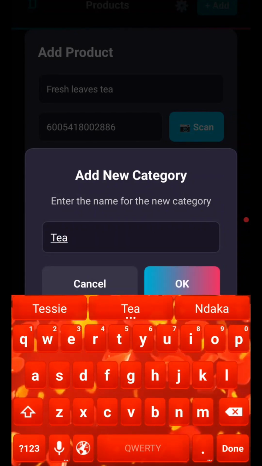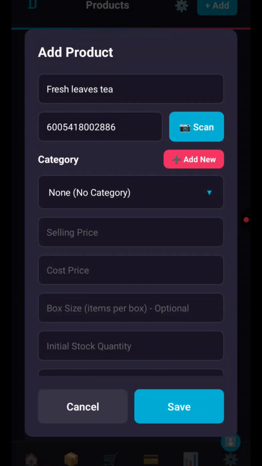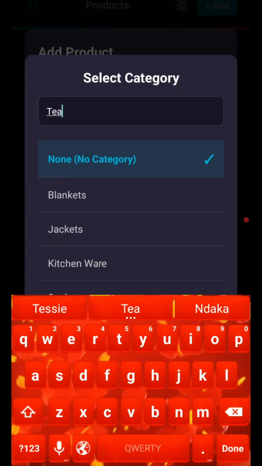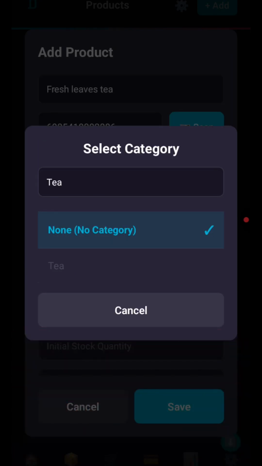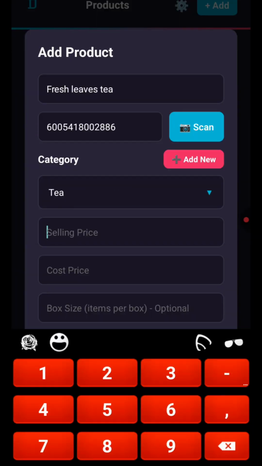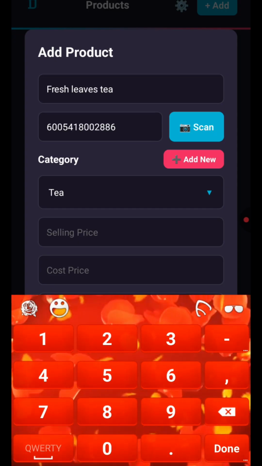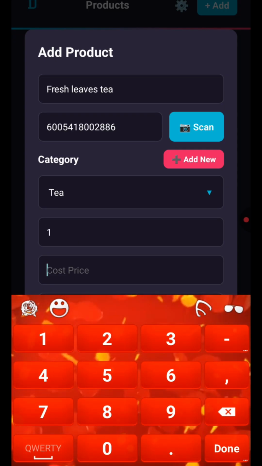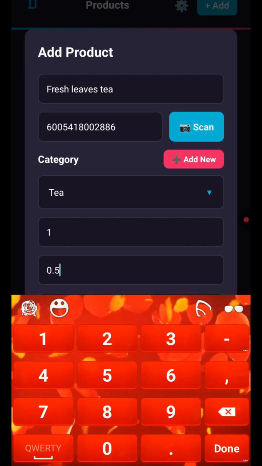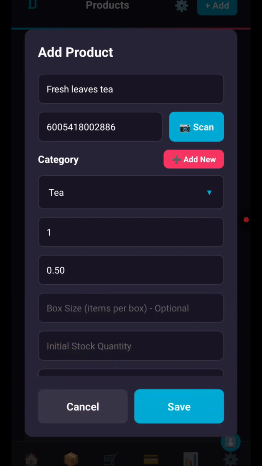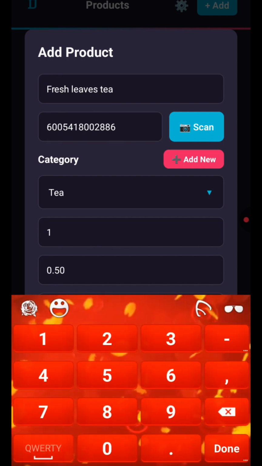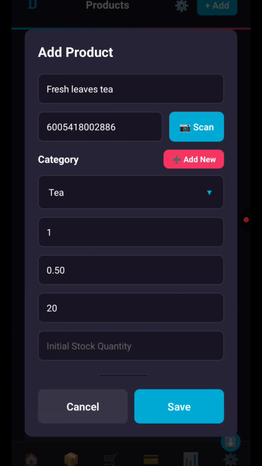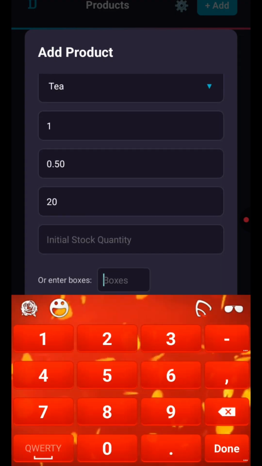Okay, this one doesn't exist, so it's added, and we have the tea here. There we go. We say maybe it's this one, say $1, maybe 50 cents. Then the box maybe has got 20, and we say we got 3 boxes,